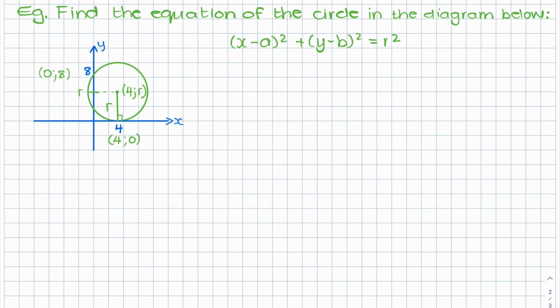And now we can use these two coordinates, (0, 8) and (4, r), to substitute in place of our x and y and our center coordinates in the equation. So let's go and see what that looks like. So if we substitute (0, 8) in place of the x and the y, and then if we substitute the center in place of a and b,